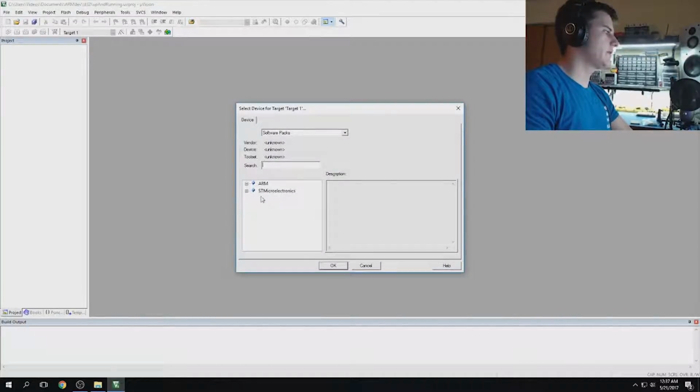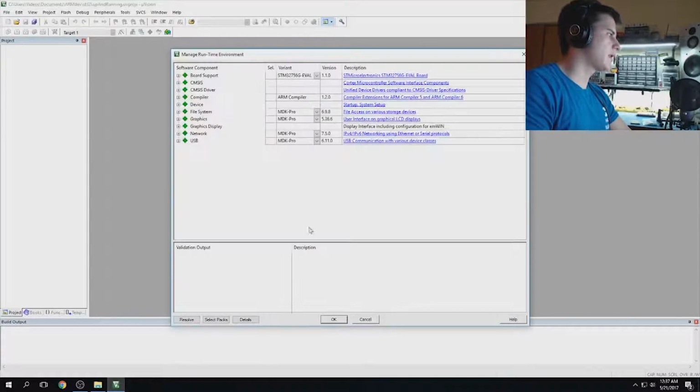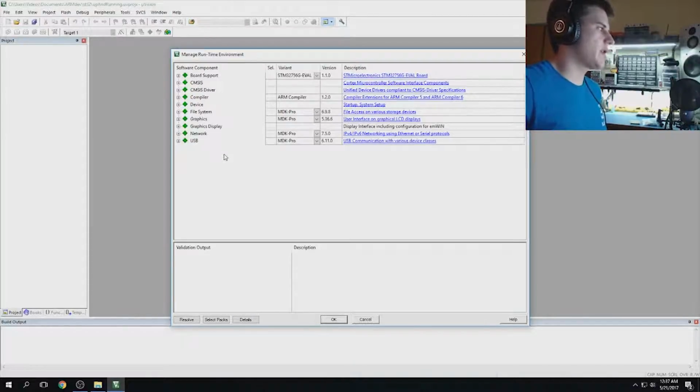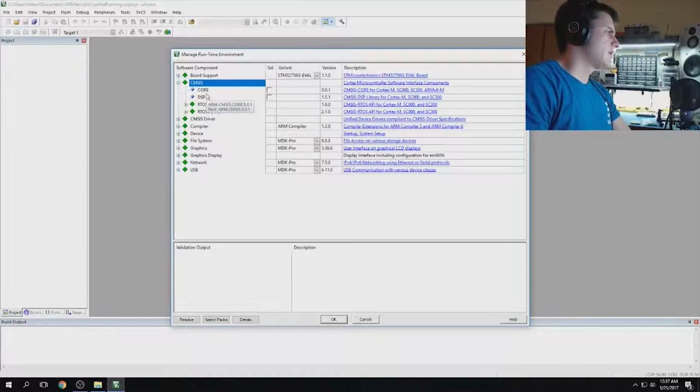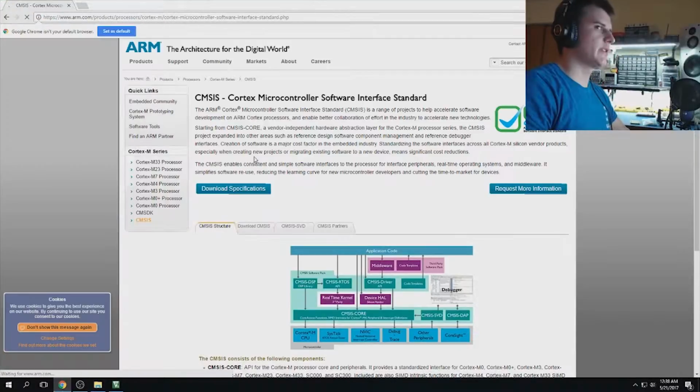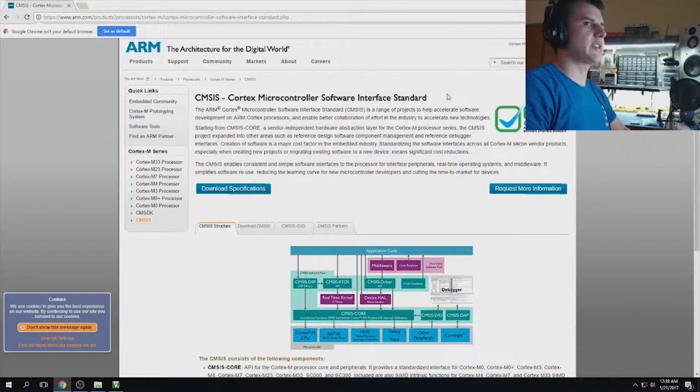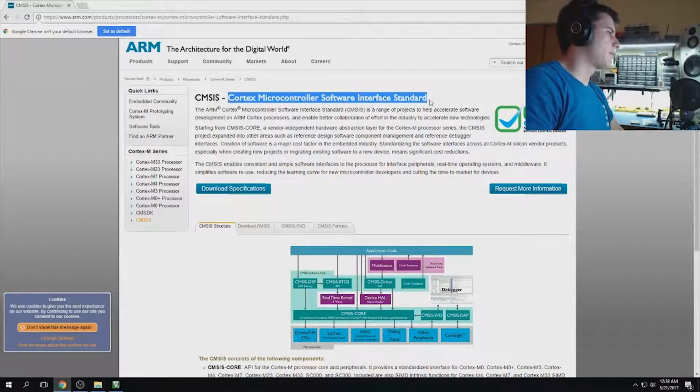Save it. Now, this is the point at which you need to choose which processor you're doing this project for. So I'm going to choose my processor, hit OK. Here is where you can decide if there are any dependencies you know of that you're going to be utilizing right away. A very common one is CMSIS, which is a middleware tool made by ARM that essentially standardizes an interface for you to interact with a microcontroller,